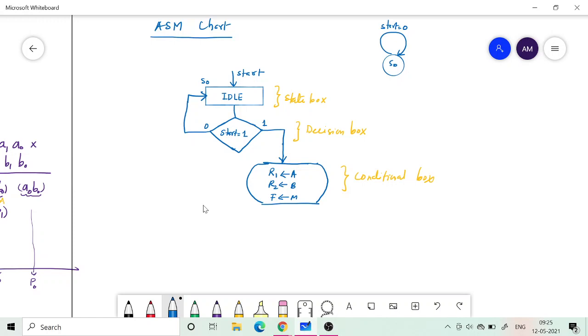When these things are done, what state is it going to go into? It is going to go into a new state.